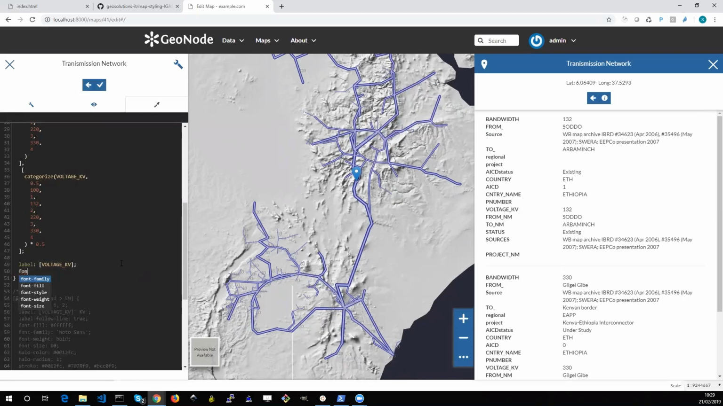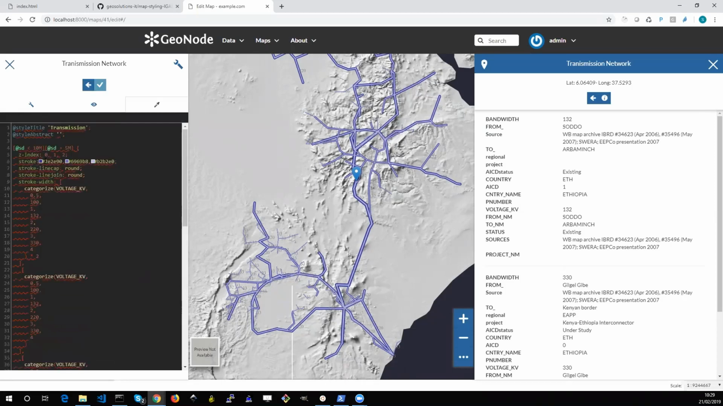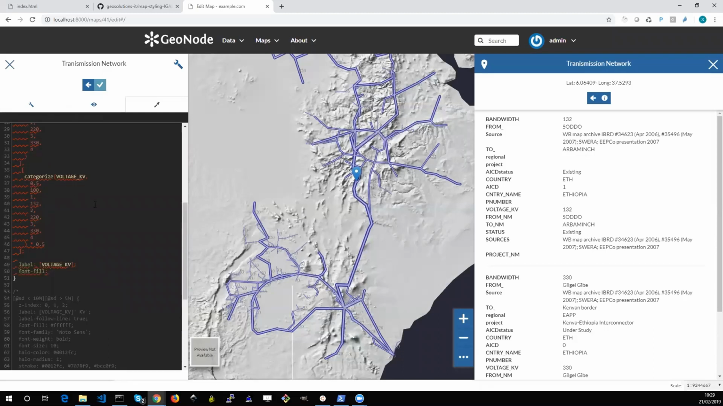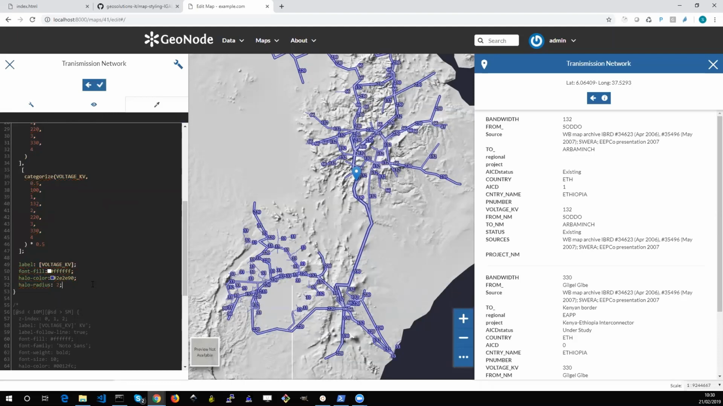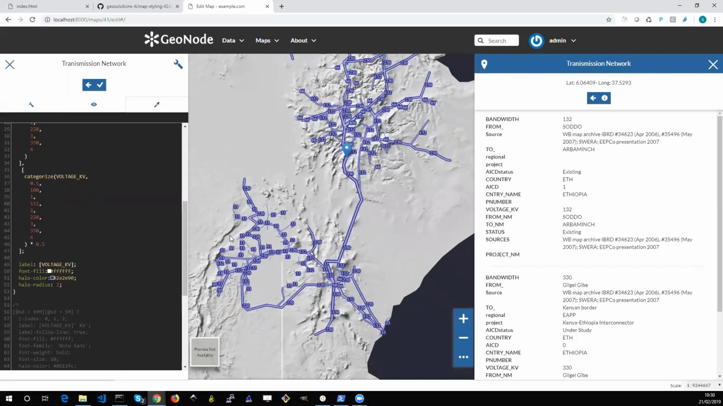Then, as before, we change the fill. And fill, I will use the color of the line. So, sorry, not the fill, I will use a white color. And the halo color will be the same as the background. I had to the color of the line, and the halo radius in this case could be 2. Okay, now we see the